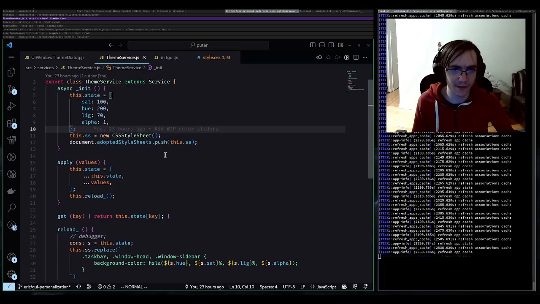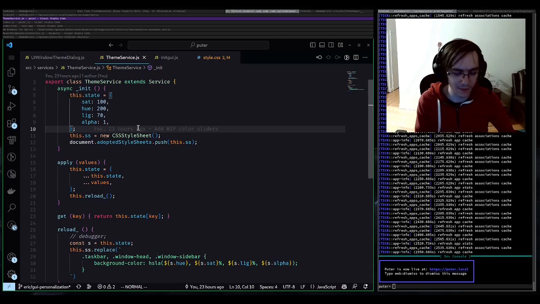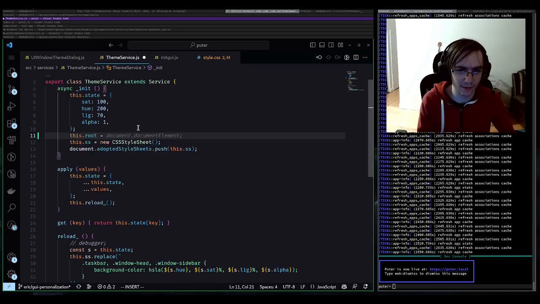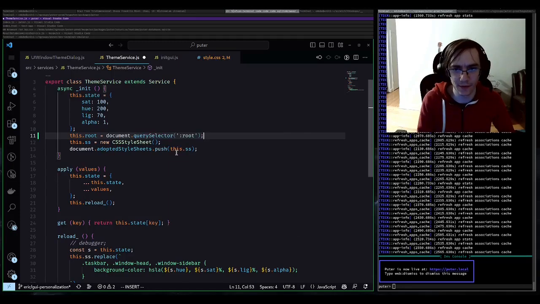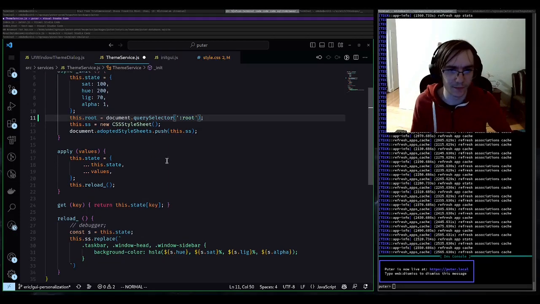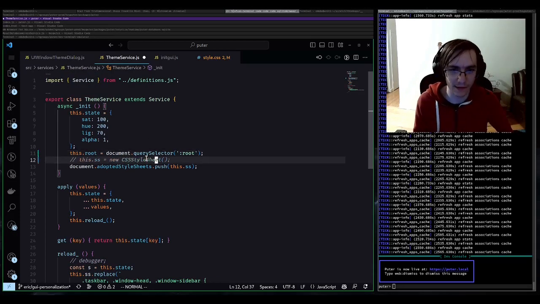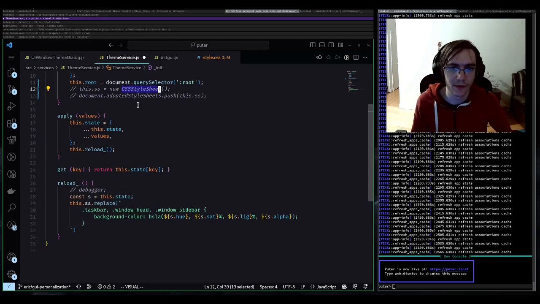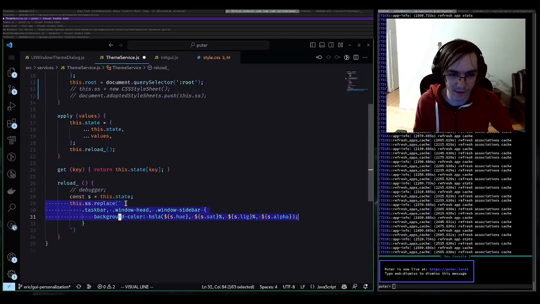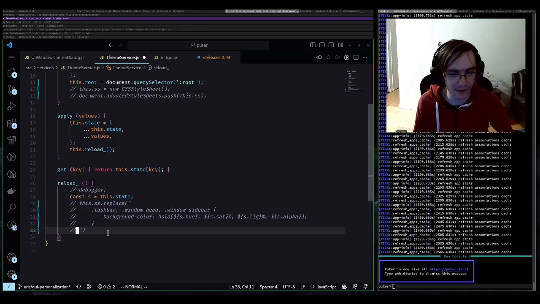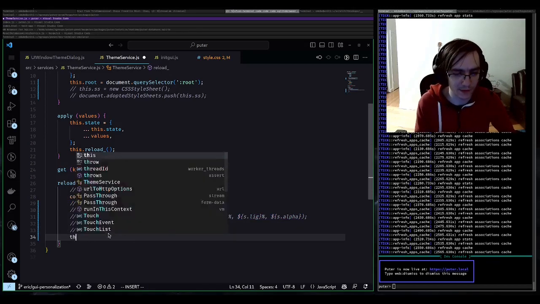The updates to theme service are relatively trivial. First, I need to get the pseudo element root. And I can do that with document query selector :root. I can get rid of CSS style sheet. For now, I'm just going to comment it out because everything will be done by changing these variables. Then I can replace this call to replace on the CSS style sheet with this